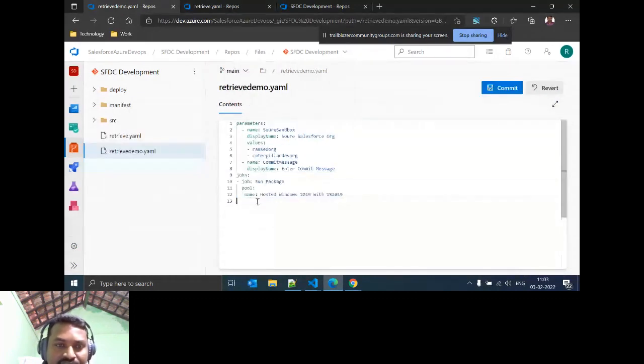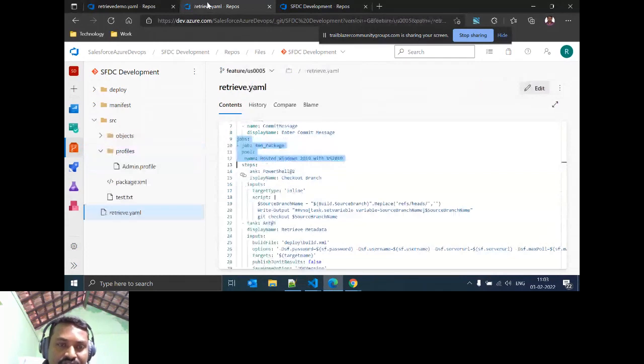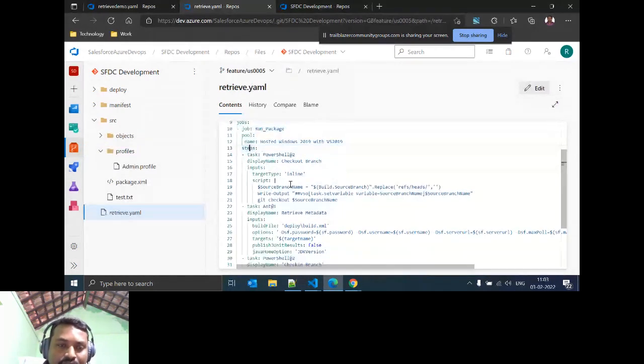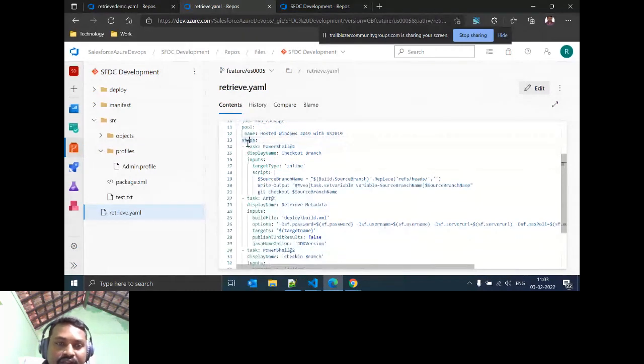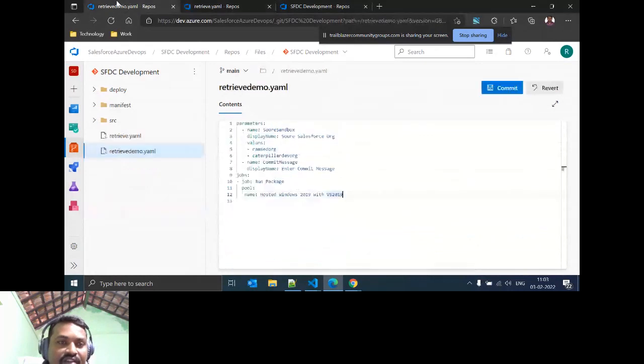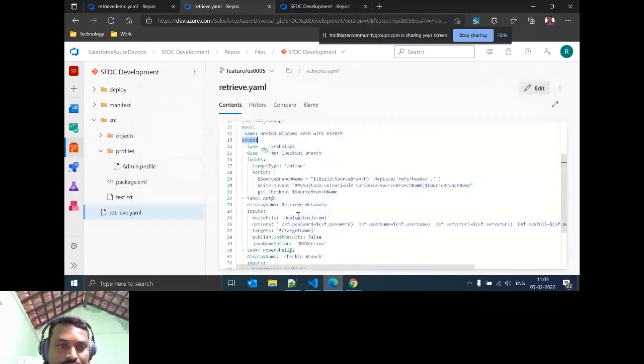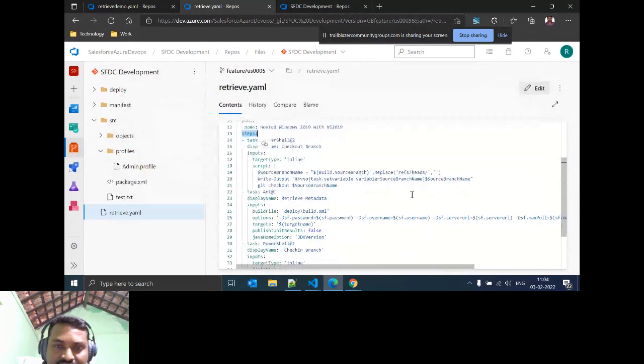Now the job is defined, the job name is defined, and we selected our host agent server. Then steps. Now our task starts. When the steps start, we start our tasks. You can define all the tasks, whatever Windows can do, whatever PowerShell script, all kinds of tasks we can set up. Here we are going to set up a PowerShell script. This is the first task we are going to set up.